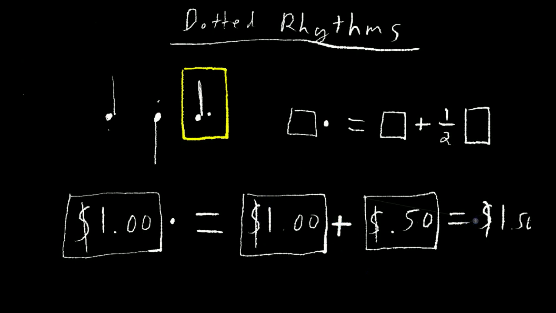So if I take $1 and put this rhythmic value dot next to it, I'll have $1.50, because I took my original dollar and added 50 cents. So anyway, with that example in your mind,